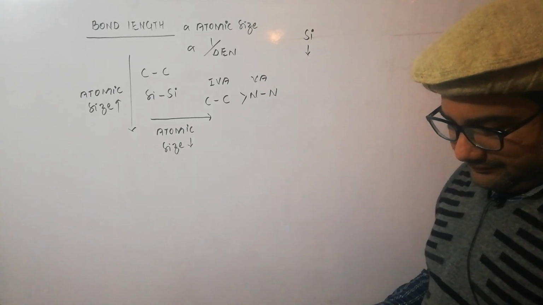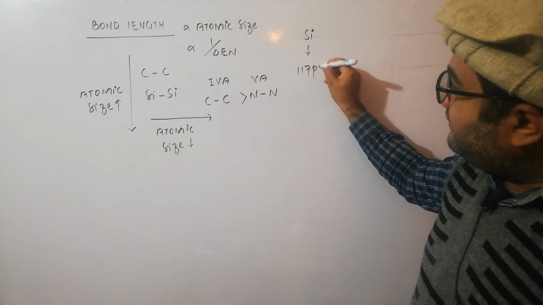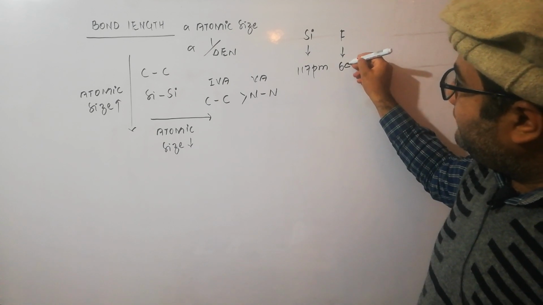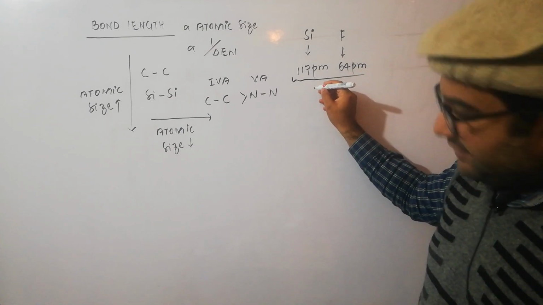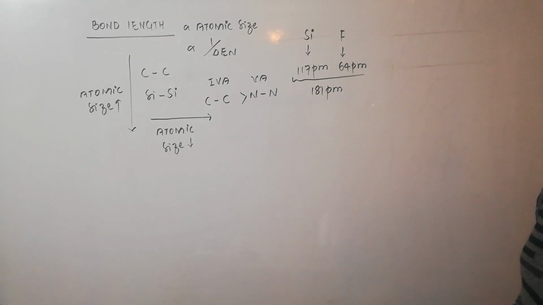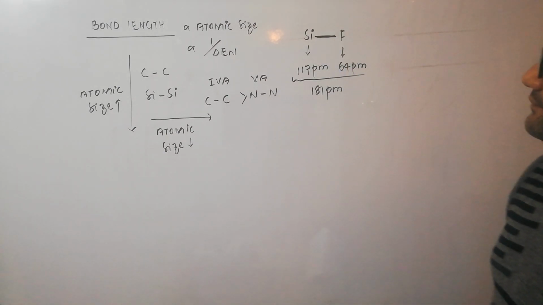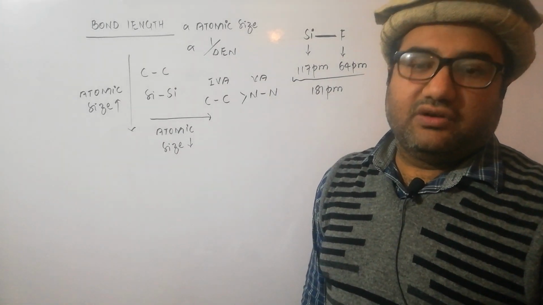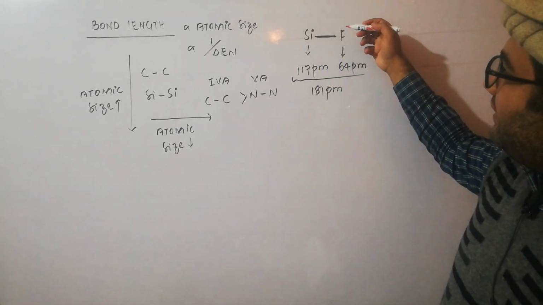we have silicon atom. The radius of the silicon atom is 117 picometer, while the radius of fluorine is 64 picometer. If we add these two radii, it will come out to be 181 picometer. So the expected bond length, or the calculated bond length of the silicon fluorine bond, should be 181 picometer. But when we look into the actual value of the bond length of the silicon fluorine bond, it is actually 154 to 159